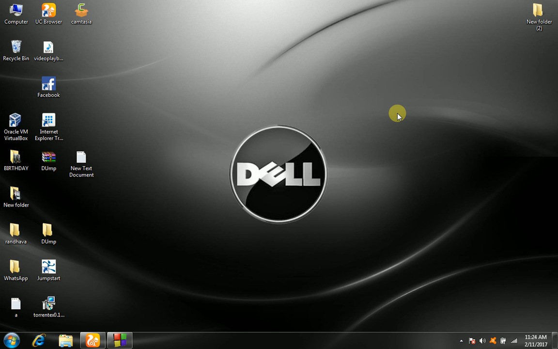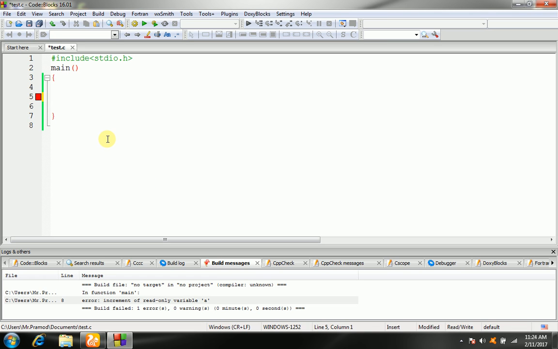We start with another constant called the character constant. Character literals are enclosed in single quotes, just like this: char variable a, and the value a is given inside single quotes. It is known as a character constant.